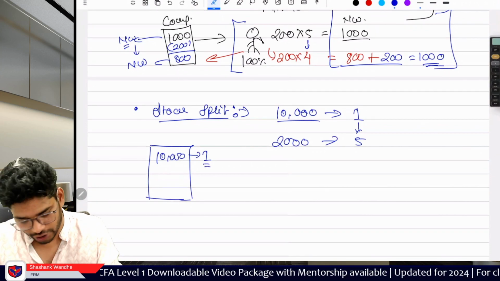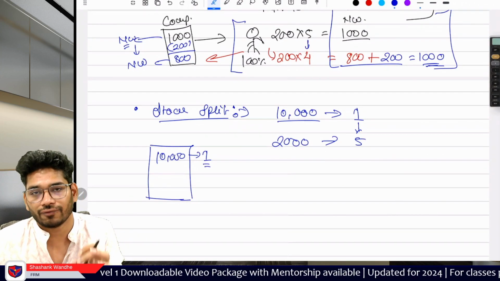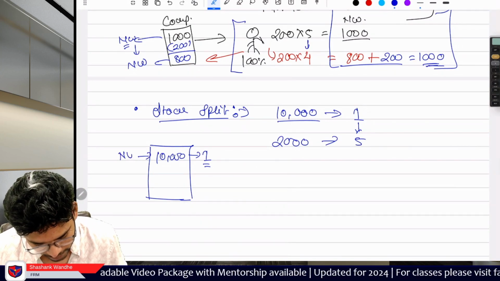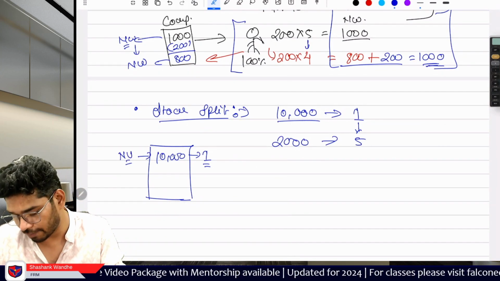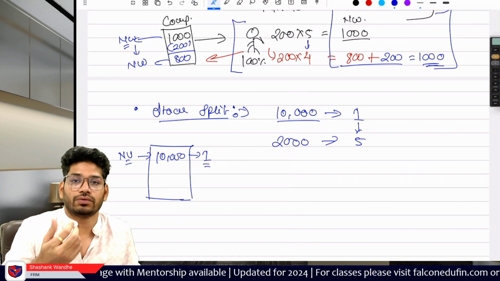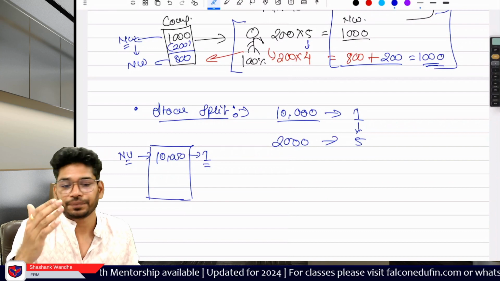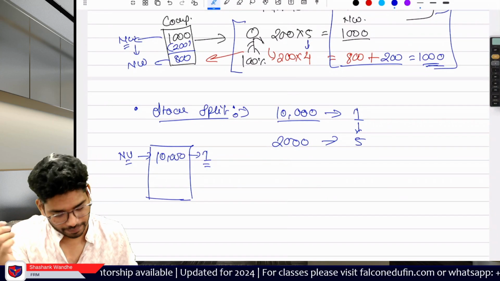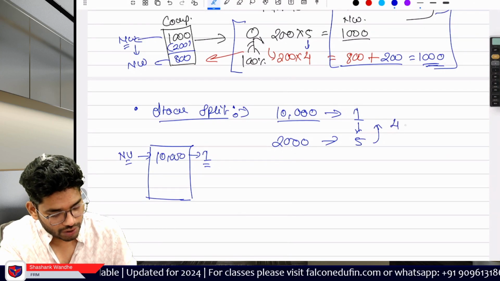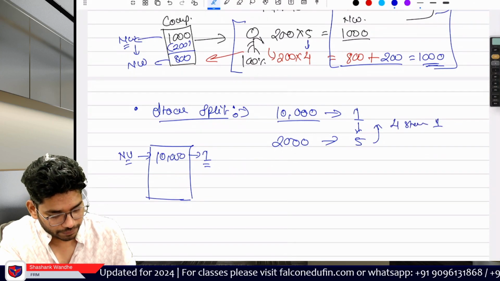Company had previously issued shares. So one share issued, value is 10,000. The net worth of the company is 10,000. And again, we will assume the book value is the share value of the company. Okay. Now, the company decides to stock split. Okay. So here, you will get the 4 for 1. So in this case, you will get 4 stocks for 1 stock.